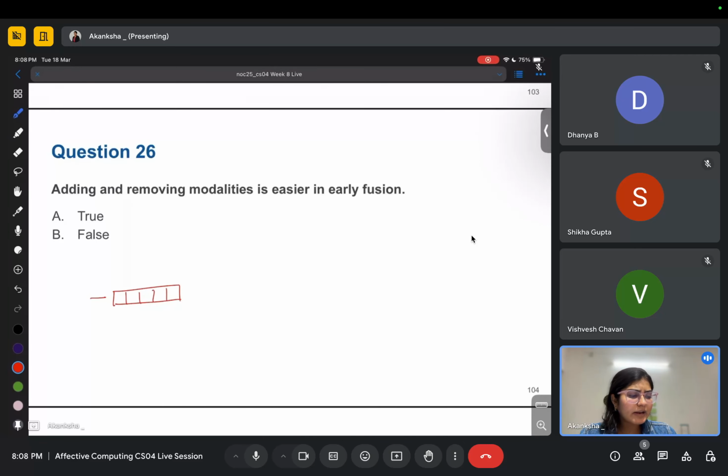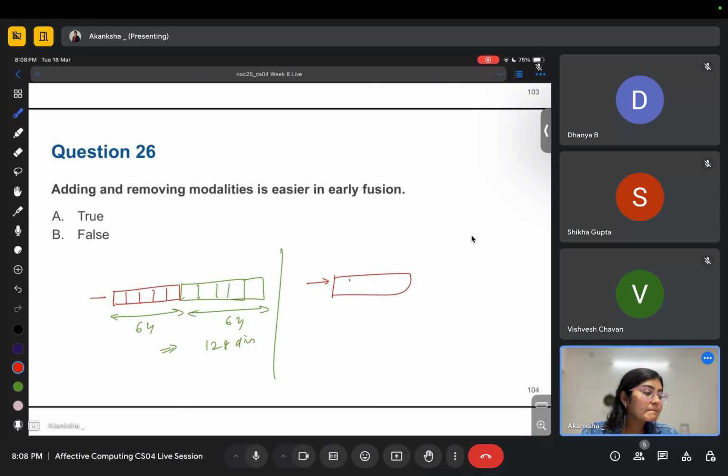Let's say one method is concatenation, so let's say this was 64 and this was also 64. So now we get a 128 dimensional vector. This is just concatenation. Another thing can be addition. If we have the same dimensions, we can add them